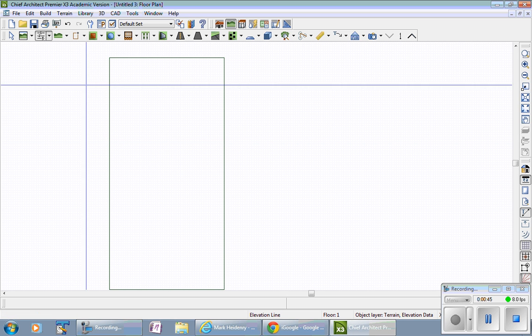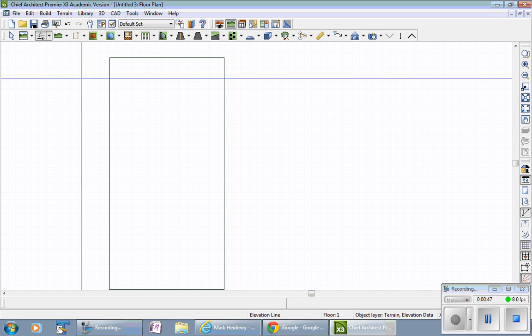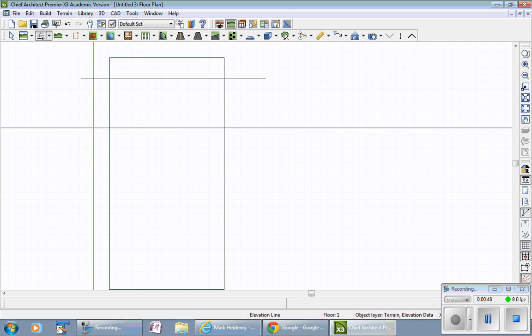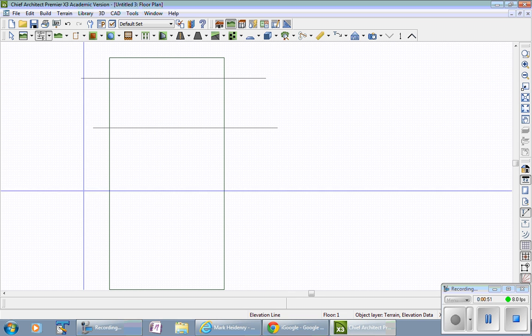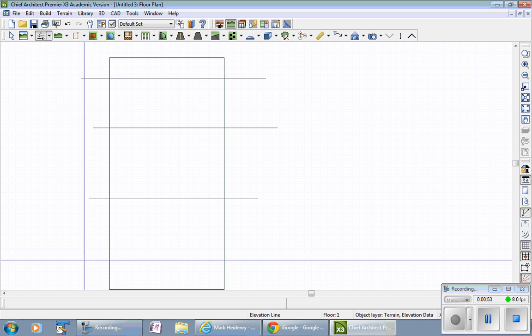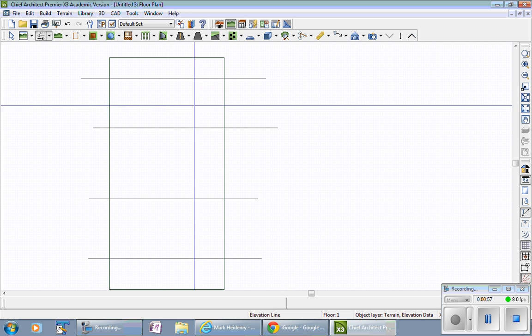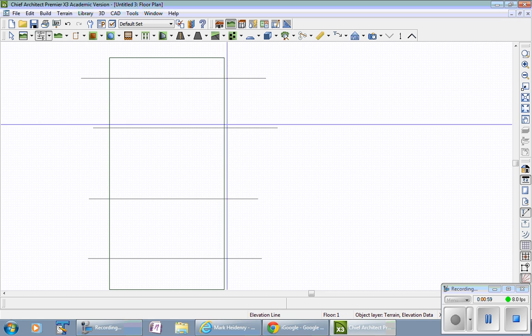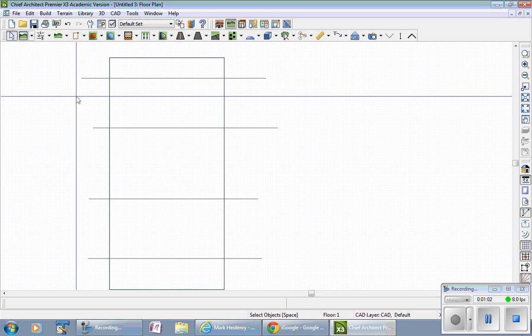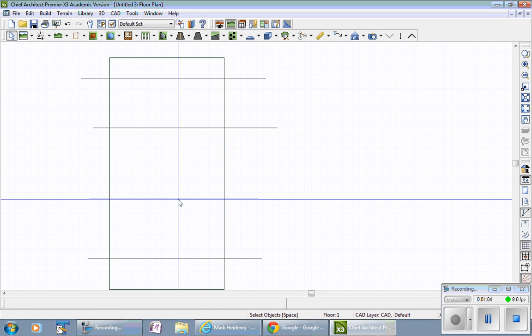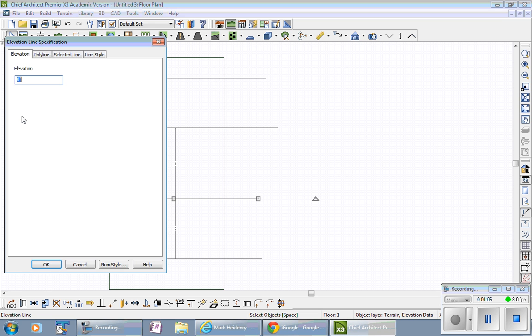go to the elevation tools, and you can draw more if you want to be more precise. Later on you can always add some, but I'm going to add 4 elevation items. So our first floor is going to be at ground level, which is 0. So our basement, we're going to make a walkout basement. We're going to have downhill a bit. So I'm going to make this maybe